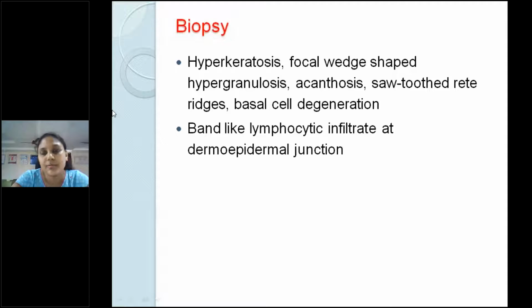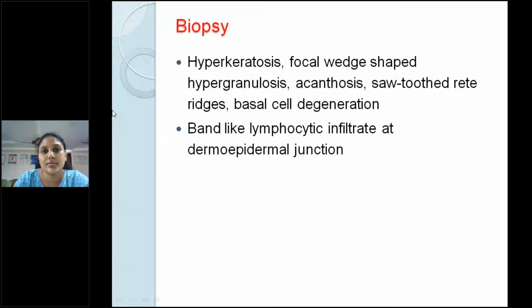Now coming to the diagnosis of lichen planus, one way to diagnose is clinical, because the lesions are very characteristic, present in that specific pattern, like involving the flexures, the presence of violaceous color, and the shape of the lesions, the Wickham striae, Koebner phenomenon. All this will indicate the diagnosis. To confirm the diagnosis, biopsy is one of the easiest and cheapest tests we can do.